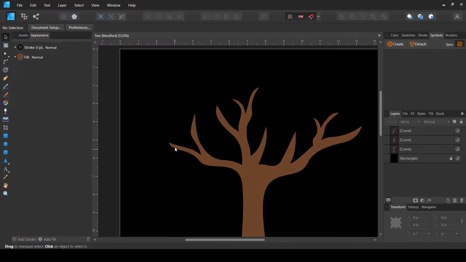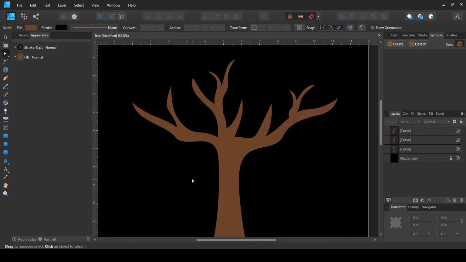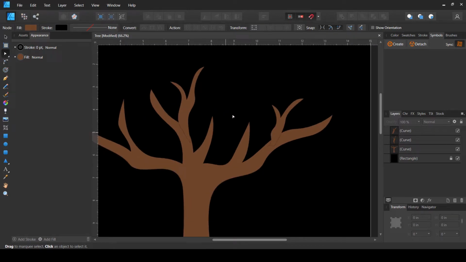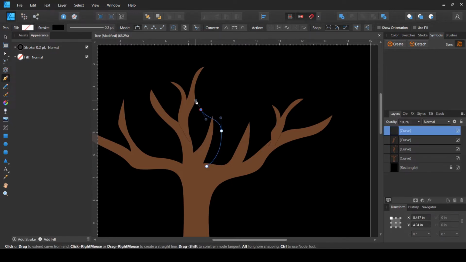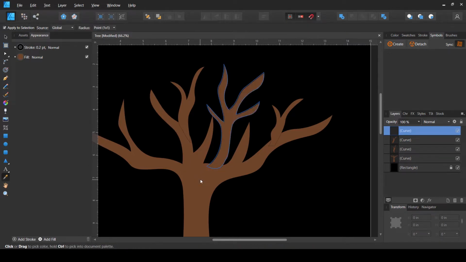And let's maybe just move this one a little bit here at this location to give it a wider look. If we need to add more branches, we might add a little bit something I would like to see here in this location, because currently this is looking empty and I don't want it to look see-through through the leaves. So I'm just going to create a big branch here with a little bit going in a different direction, so maybe like that, and then fill it with this color.